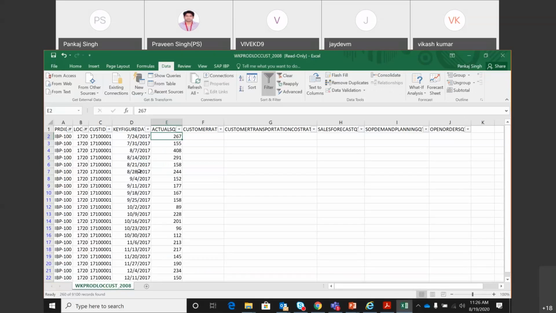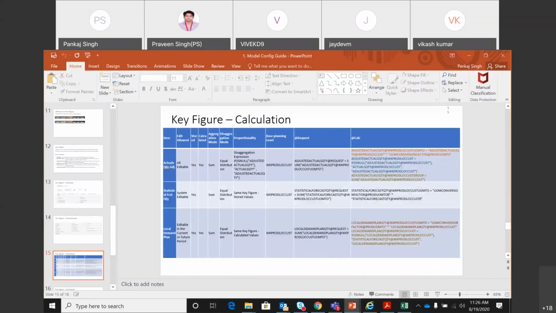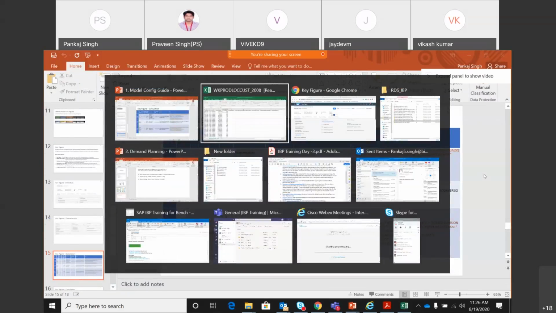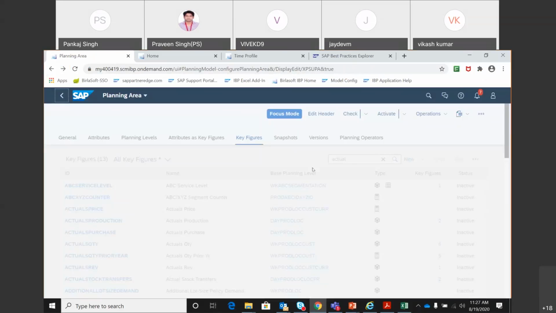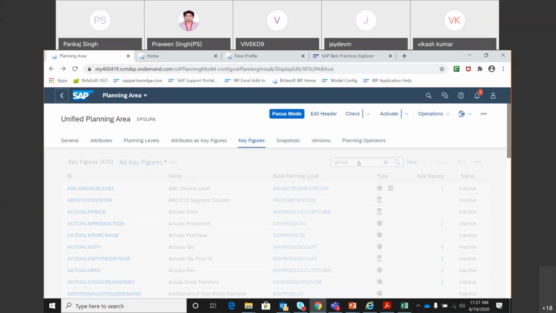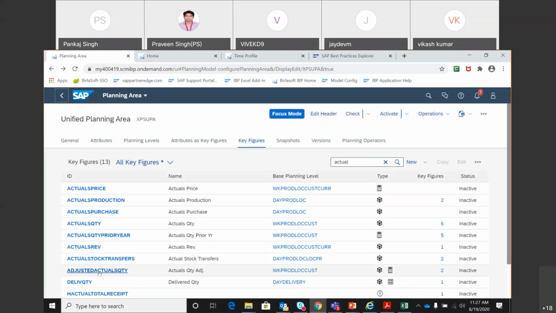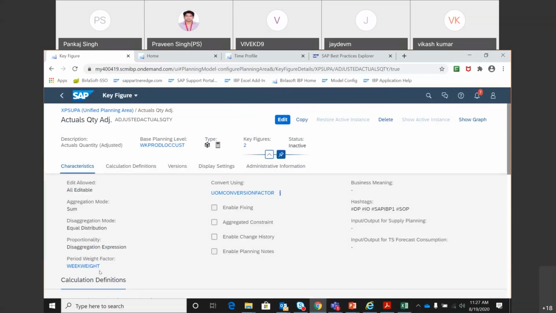Okay. So as the name suggests, it is a key figure that has been given to adjust the actual quantity. So we loaded the actual quantity in the other key figure, but we think that in some of the weeks the actual quantity is not right, and we want to make some adjustment. Okay, so we look at that key figure, actual quantity adjusted. Now the base planning level is the same, week, prod, log, cust. So it's the same base planning level at which we have the actual quantity key figure,